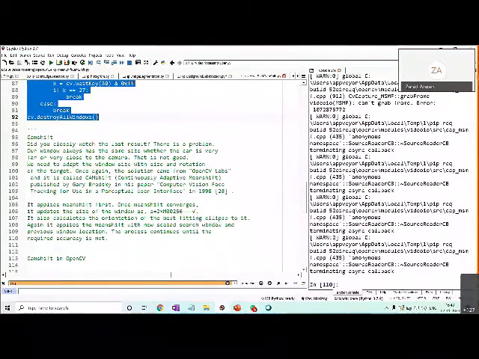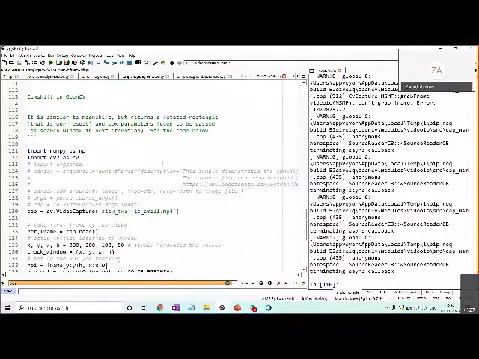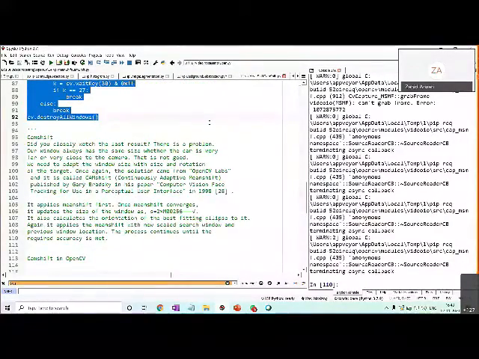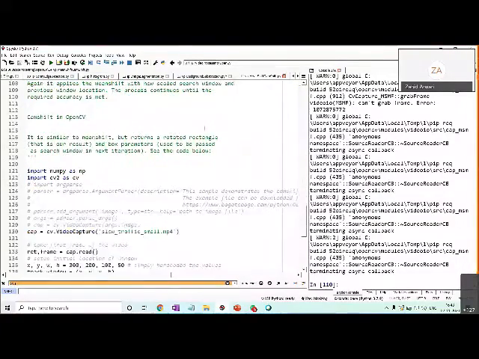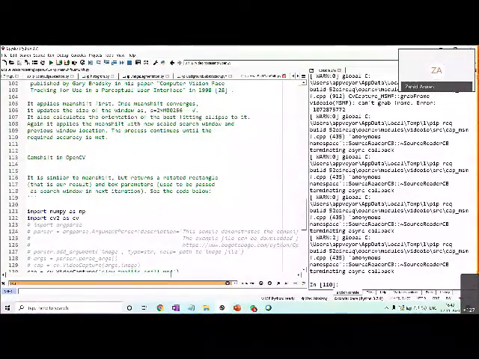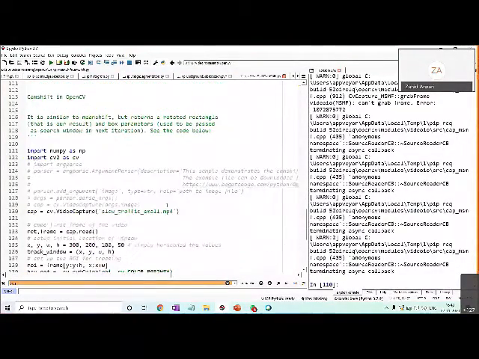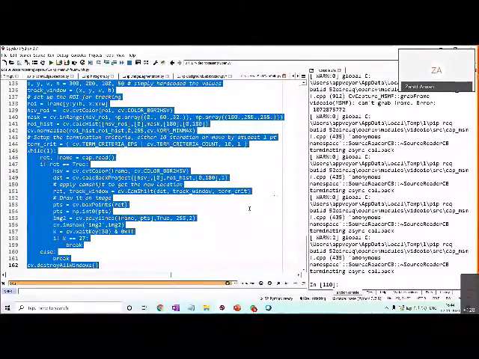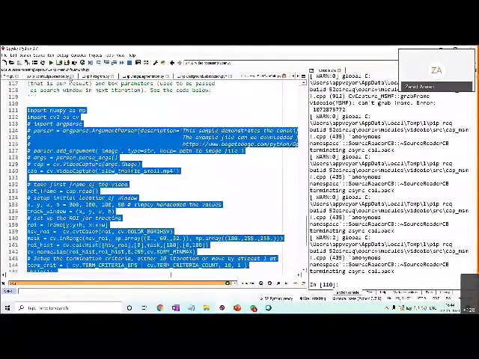Similarly, there is an algorithm called cam shift. For my case it didn't work in a much better way, but what I understood is that it is similar to mean shift, but in mean shift the window was of fixed size, the size was not changing. In cam shift, it adjusts the size to fit the objects, and it also rotates itself in order to capture the objects. Sometimes it is successful, sometimes it is not, as per my observation. So let's run it in front of you using the cam shift algorithm.